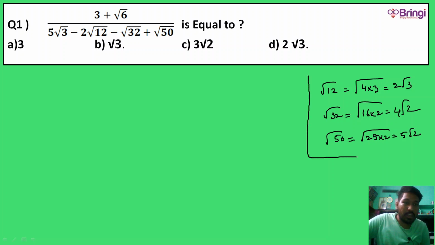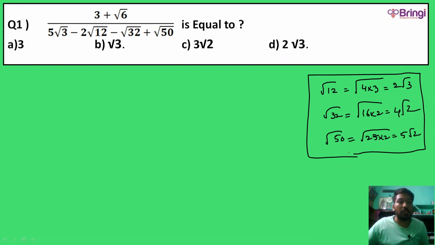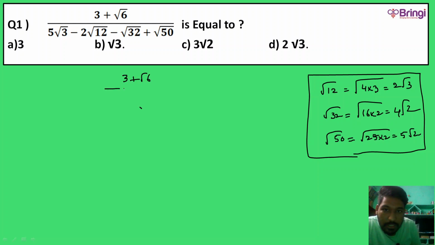And these things are for the people who are weak in maths. There is no need to write them in your examination if these kinds of questions come. See, teaching is different, doing is different. When I am teaching, I have to discuss so many points like how this comes, how that comes. But when you are writing in the final exam, you have to understand what to write and what to leave. So it's all about understanding and application. That's it. So (3 plus root 6) divided by (5 root 3 minus 2 into root 2).